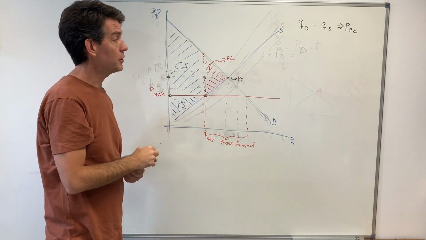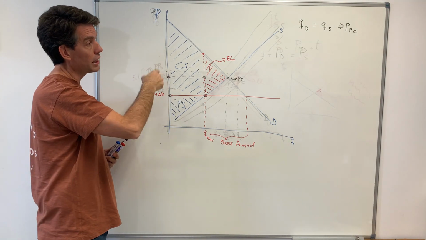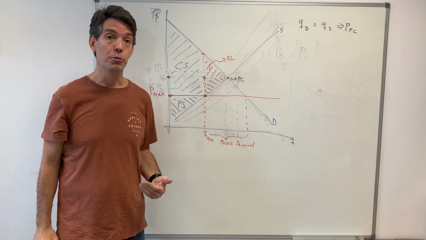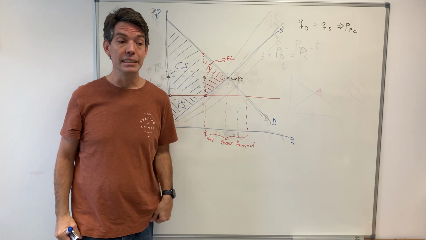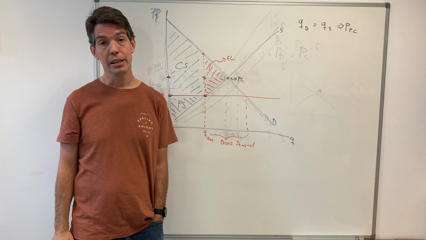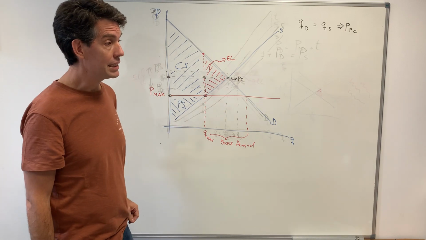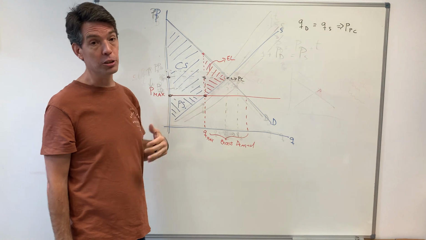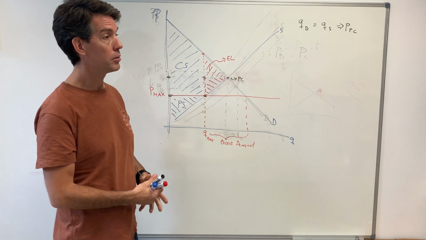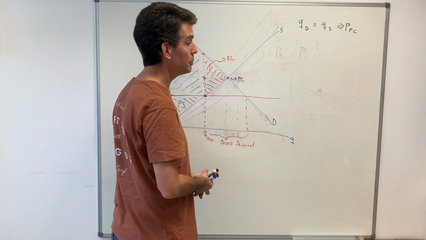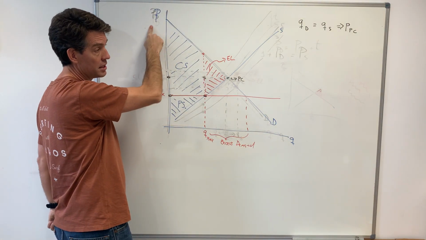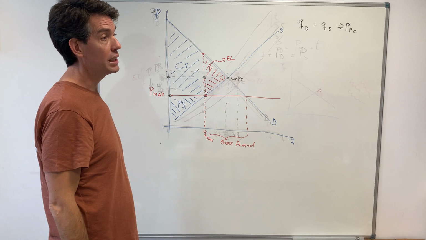Instead of thinking about a maximum price, you can do the same analysis. I'm not going to do it, but you could do the same analysis for a minimum price. For example, you could do it in the labor market, where that minimum price would be the minimum wage paid, right? First, in the labor market, realize that those who are offering a job are the workers. Workers are the ones supplying labor, companies are the ones who demand labor, and the price of labor is the wage. If you do the same analysis, a minimum wage says